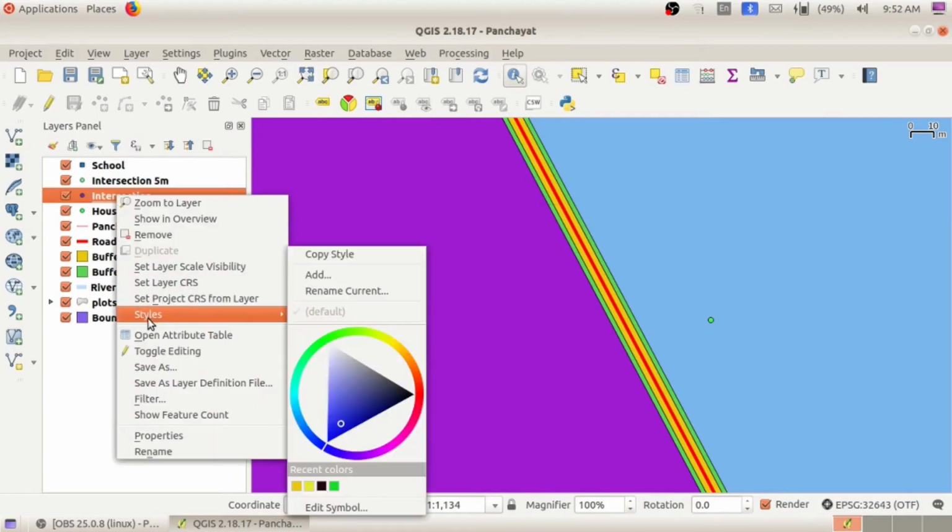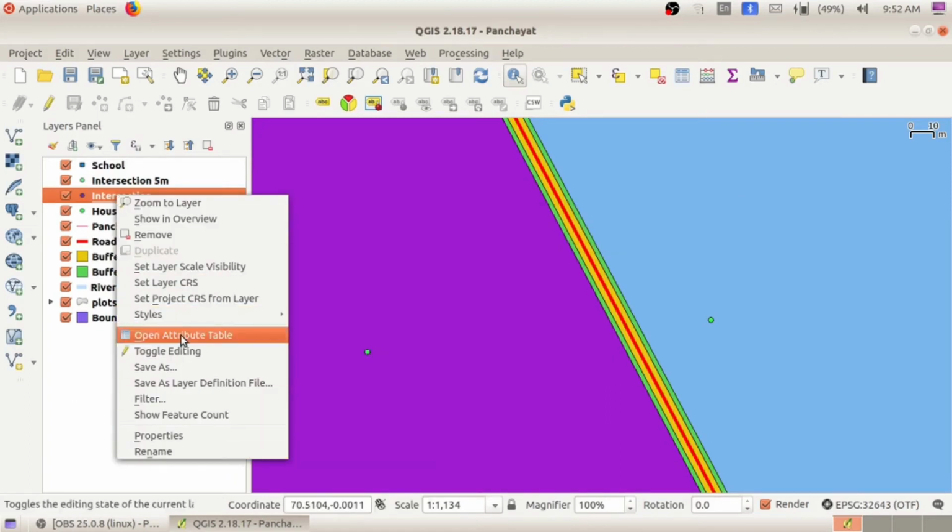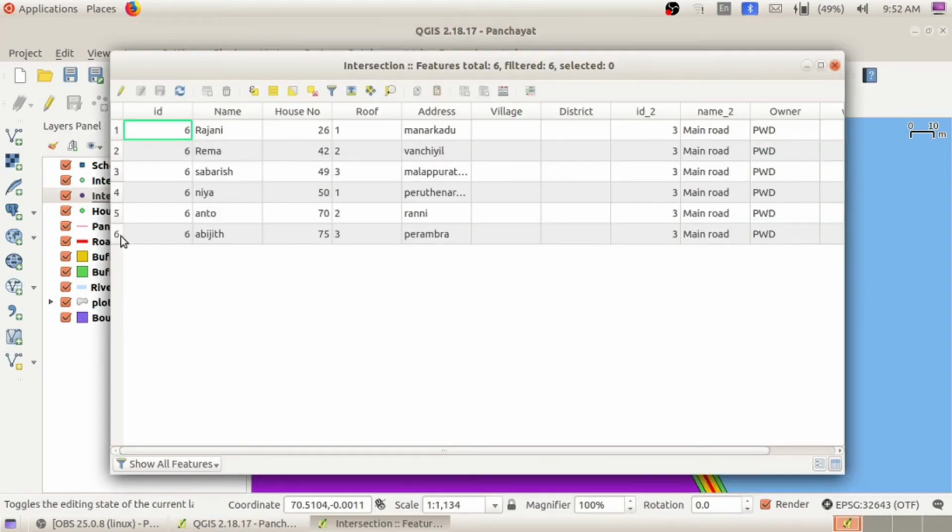Right click over this. Either you can rename it. To see the details, click on open attribute table. We are renaming each layer for better understanding. So click on open attribute table. So here only 6 houses. So 3 fewer. The previous one, this intersection 5 meter, was 9 houses. But when we are increasing the width to 3 meter, 3 houses can be saved.